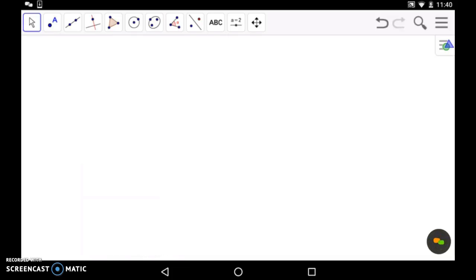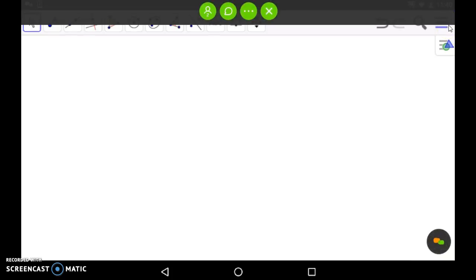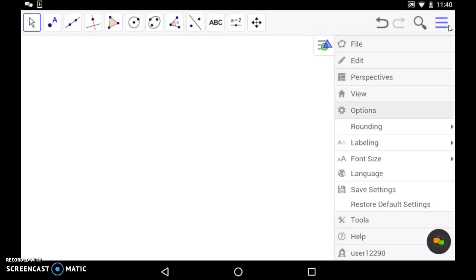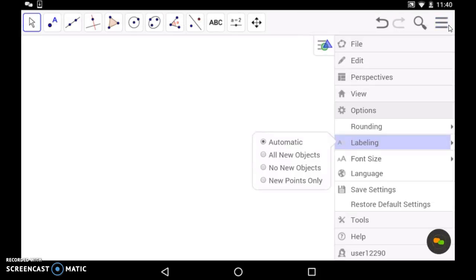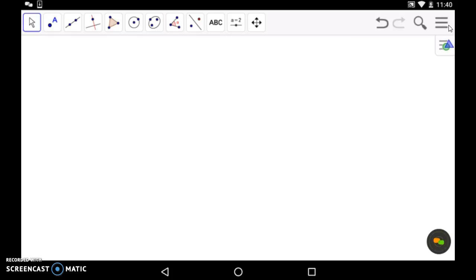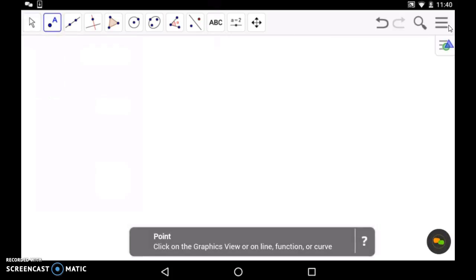So I personally like to label my points. I don't like to label other things. So if you go to options, which is right here, I go to labeling, and I don't want it to be automatic. I want to label new point only. So then if I go back to creating my triangle,